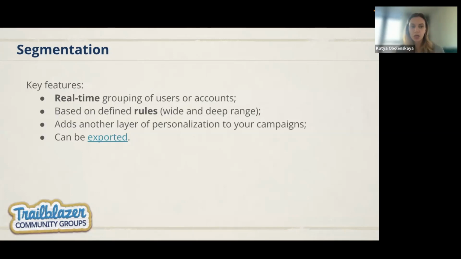The next feature: segmentation is running based on defined rules. And this rules range is quite wide and deep because we not only focus on the attributes we store, like the age of the person is more than 60, or the person lives in the state of Ohio in the US, or something like this, but it's rather a combination of attributes we store about our users and accounts